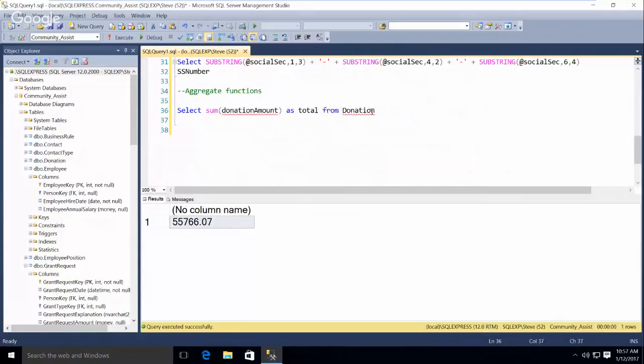So that operated across the table. It had all the values of all the donations. And imagine what the other ones are. There are lots of them, but we could do the average.